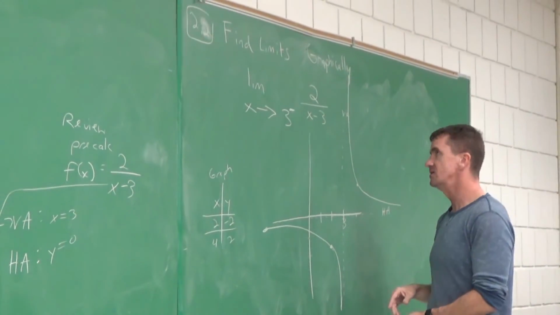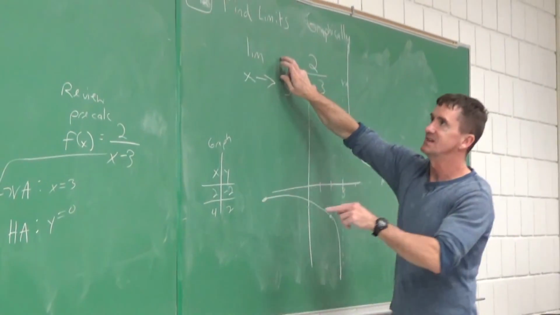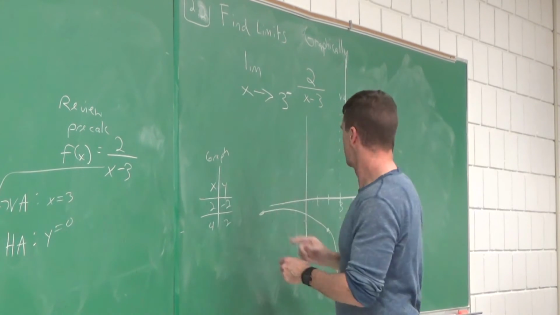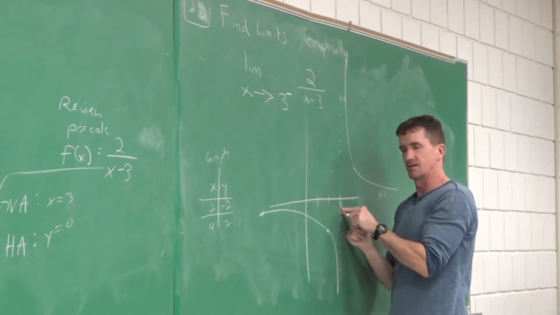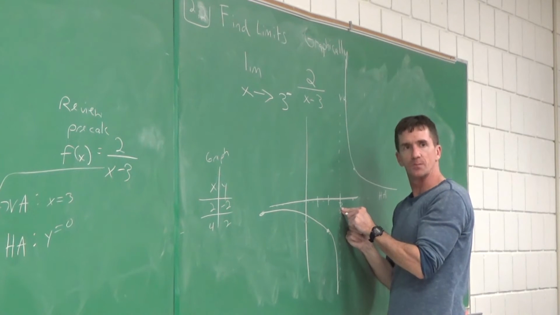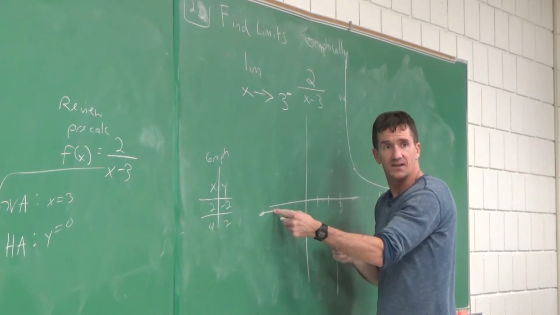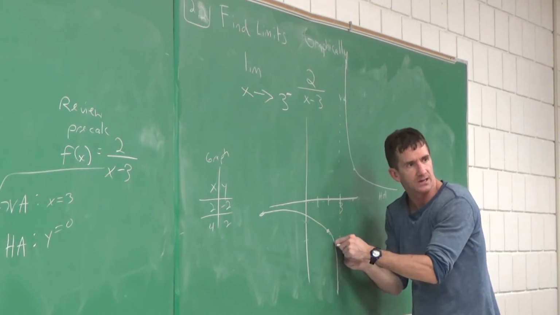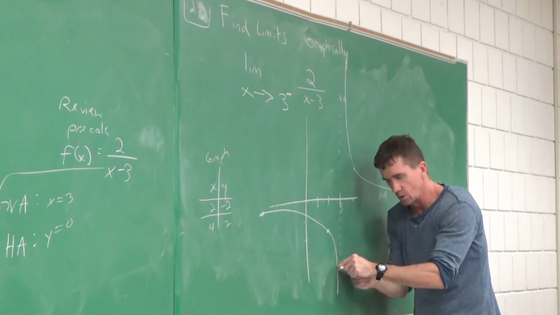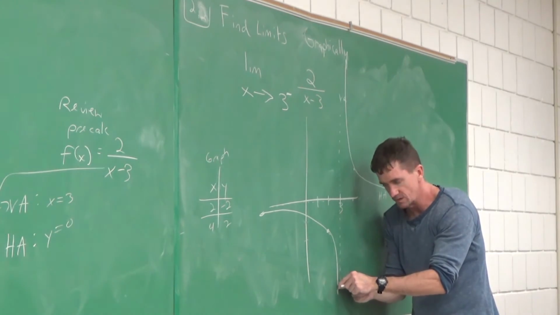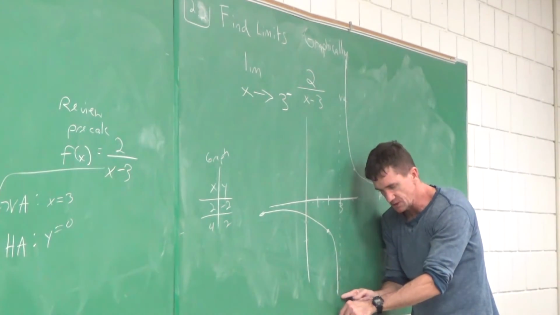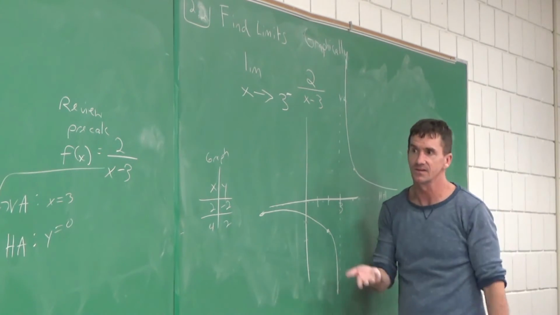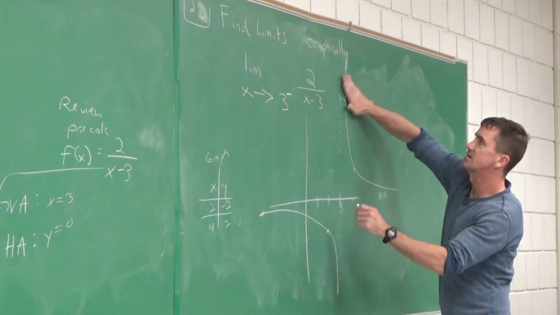So even though this is going to be asked in section 2.6, not 2.2, we all can do this now. As you approach x equal to 3, from which side? So jump on the function, and get really, really close to the asymptote. Jump on it and ride it. What's going on with that y value? Where's that y value going? It keeps going down and down and down. So what is that? Negative what? Infinity. Negative infinity. That's the answer. I'll put it right here.